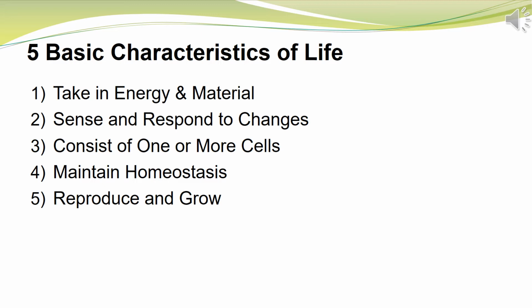Living things are capable of taking in energy and material. Living things are capable of sensing and responding to changes in their environment. And a response could result in adaptation or the living organism altering its environment. Living things consist of one or more cells, and we'll talk more about what a cell is later and what defines a cell. Living things are capable of maintaining homeostasis or a constant internal environment,